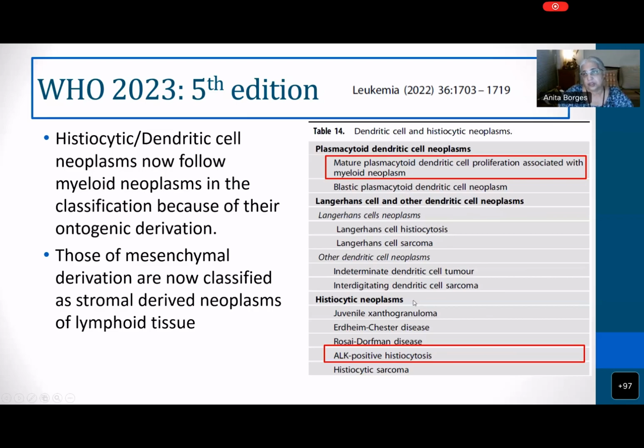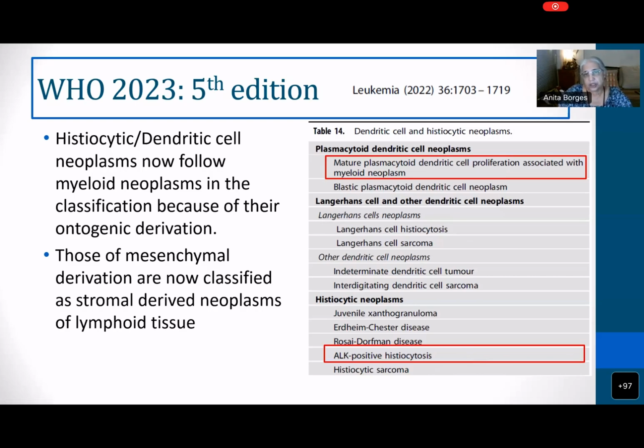And then you have the histiocytic neoplasms, which, as I told you, belong in that macrophage group. Here you notice they're not calling them macrophages, they're calling them histiocytes. That is juvenile xanthogranuloma, Erdheim-Chester disease, Rosai-Dorfman, they call it Rosai-Dorfman, they haven't yet changed it to Destombes disease, ALK-positive histiocytosis, which is a new thing that has been added, and histiocytic sarcoma, which we used to call malignant histiocytosis once upon a time. So 2 new additions. I can't say that I have come across this,